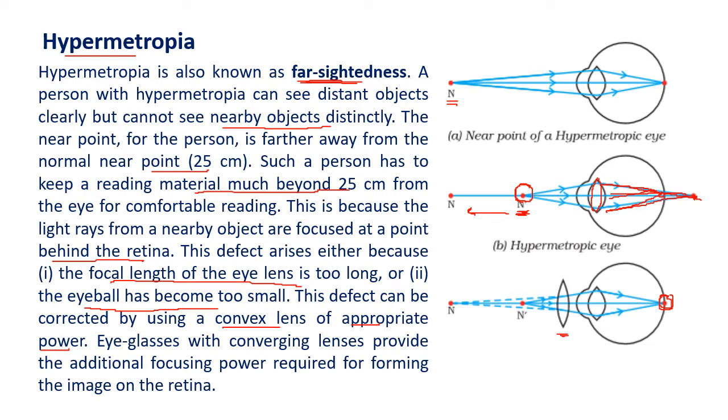First, the definition, myopia and hypermetropia. Myopia, thickening of lens. Hypermetropia, thinning of lens. Myopia, images formed before the retina. Hypermetropia, images formed behind the retina. In myopia, we need a corrective concave lens. In hypermetropia, we need a corrective convex lens. So this is the difference between hypermetropia and myopia.